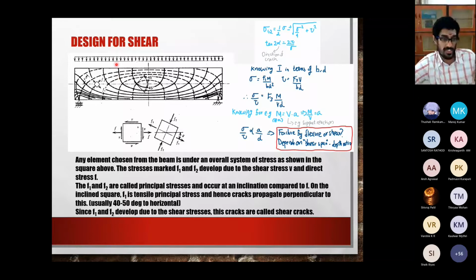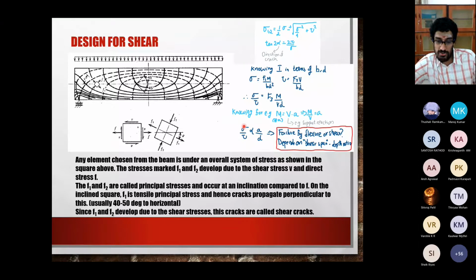be a certain force V or a shear force V. So that V times the distance from the support will be equal to the moment. Okay, so I just use that relation to write M equals V into A. And therefore this ratio M by V, I just write it as A, where A is known as the shear span. So therefore, knowing the shear span and knowing the depth of the beam, you will be able to tell